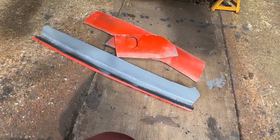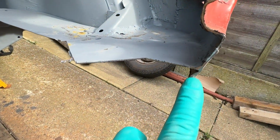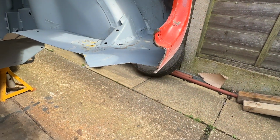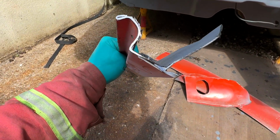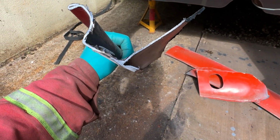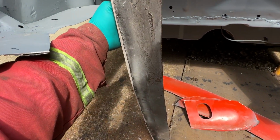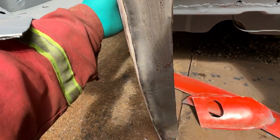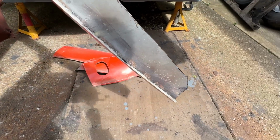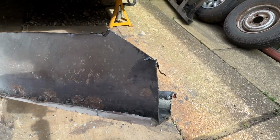I say empty space, it's not an empty space, but still, you can see the welding work I did here. Not great, but it did what it needed to do at the time, and I will thank my friend Dave for doing the filling for me, because it's not something I was ever good at. To be fair, at the time I don't think metalwork was something I was any good at. I'm not even sure I'm good at it now, but I've definitely had more practice, so that's something. Anyway,